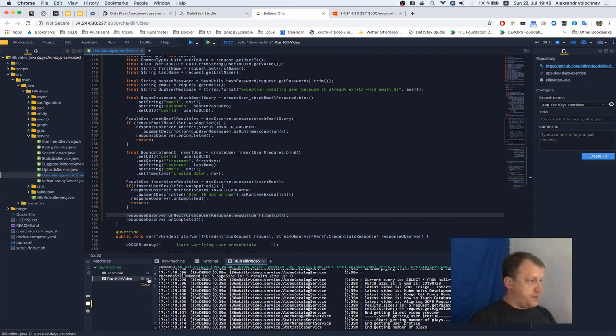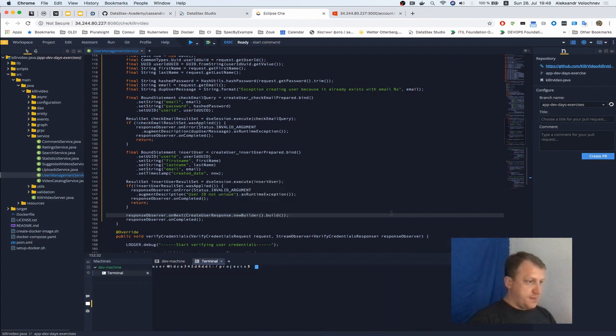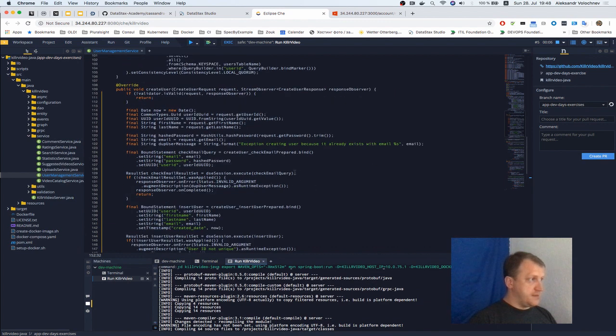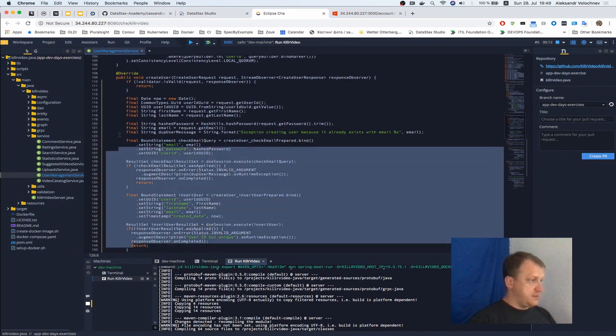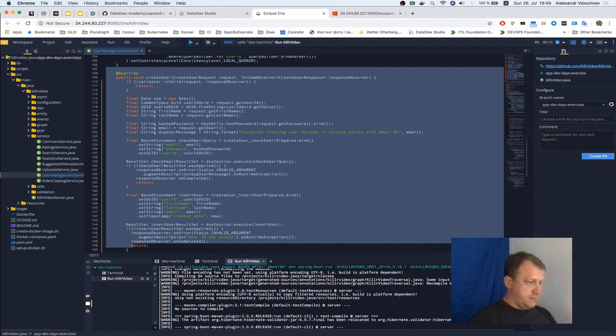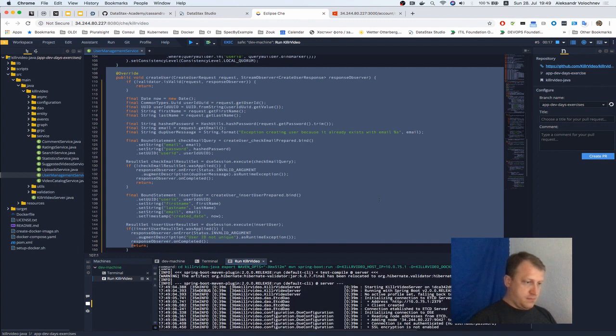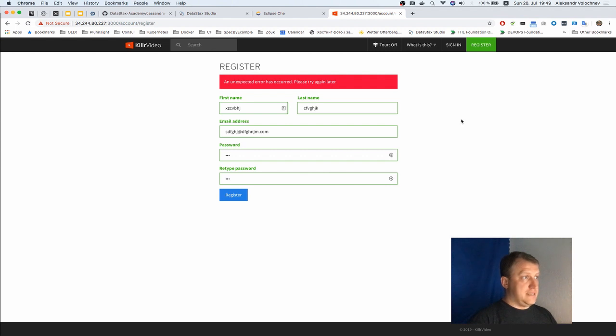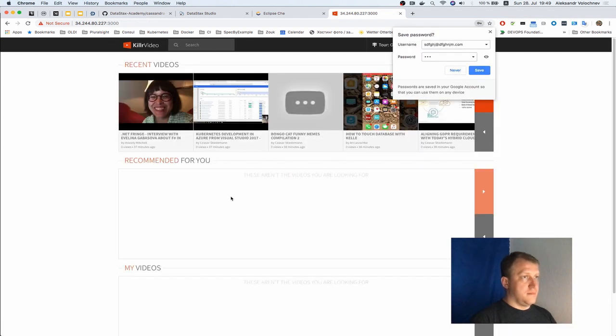So I'm stopping the previous instance of the application and compiling it again with our updated create user method. Looks much better now, yes. Okay, and we start the killer video server. Now I can simply repeat this request, and as we have the method filled in and compiled, it should work. Let's try. Yes,